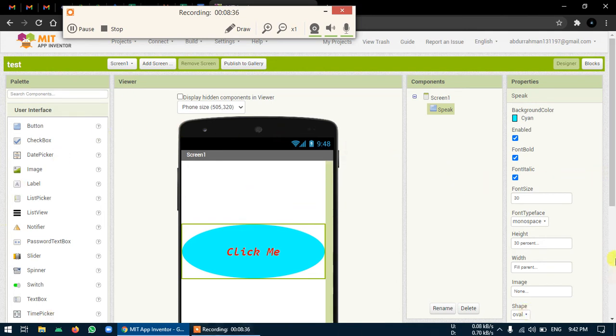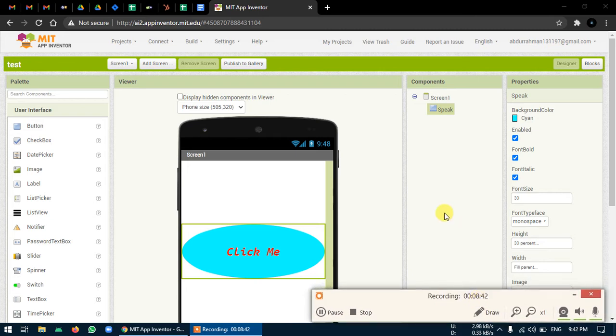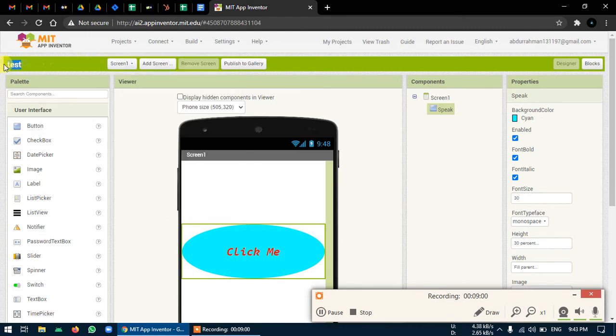Okay, so this small section was for the front end. Now some basic elements are there, that is the control section, or actually we say the project section. What is the project section? If you directly click on project, it will take you to the project list, whatever projects you have done till now. If you want to start a new project, you can click on start new project and write the project name. Right now I am in the test project. The project name is test.